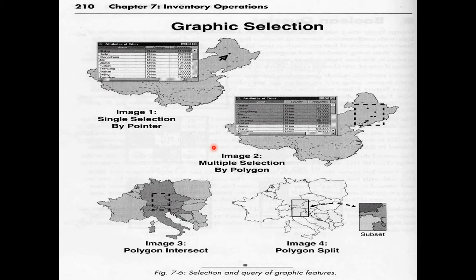So the main concept is graphical solution and graphical selection of the features. Like here we have different boundaries, and if we select any, here you can see a rectangle. If we make a rectangle here, then all the points and all the polygons which are in this rectangle will be highlighted, and if you go to the attribute table, you will find the information of those specific areas only.